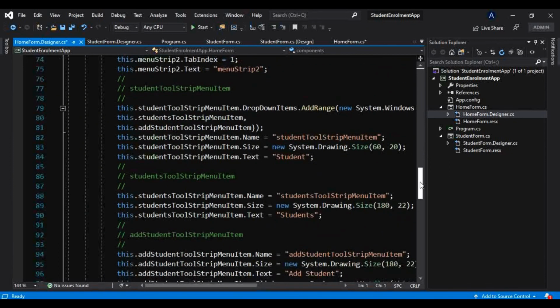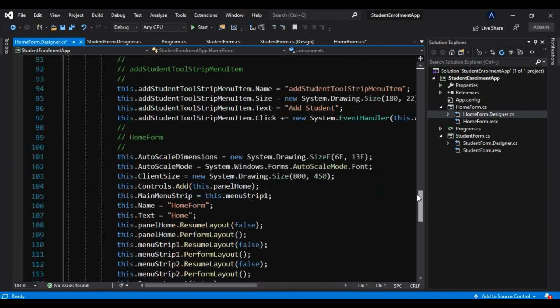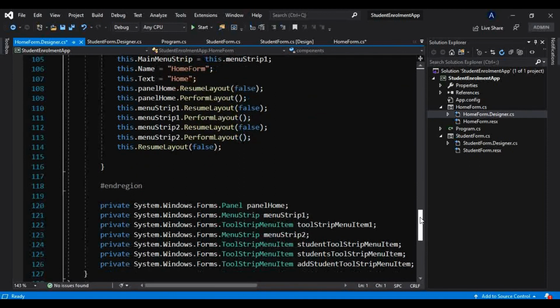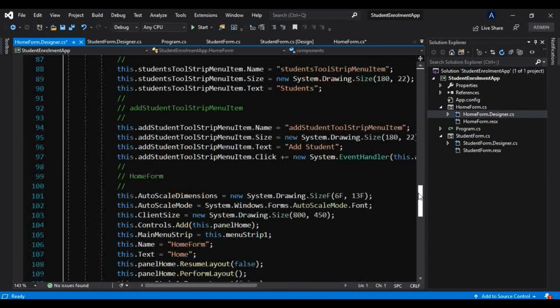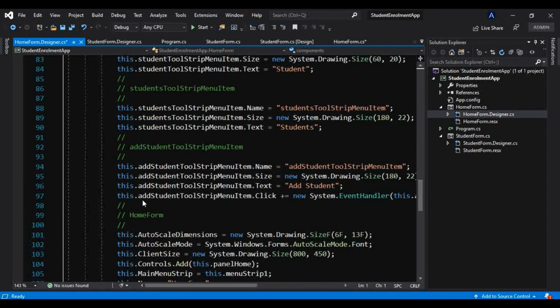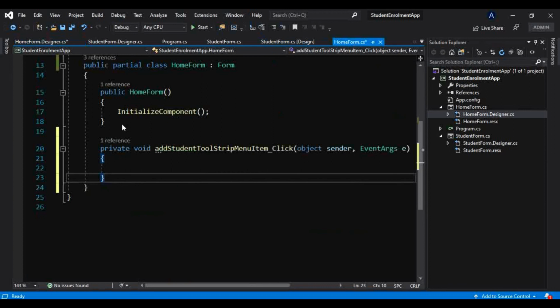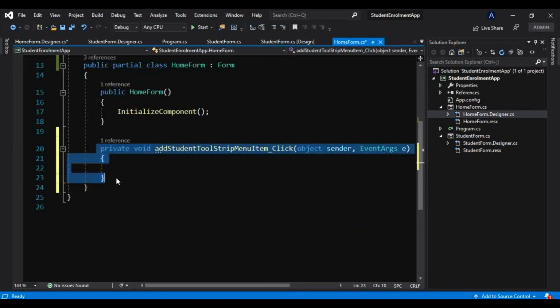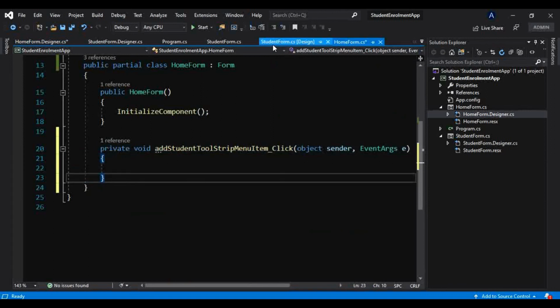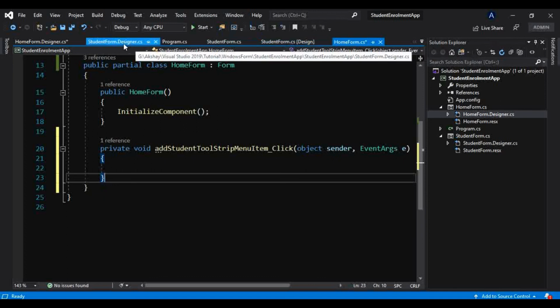So here it should be that click event. Okay, so here it is. So now if you can see here, whatever event we have added by double clicking on that add student, the definition for that is here.